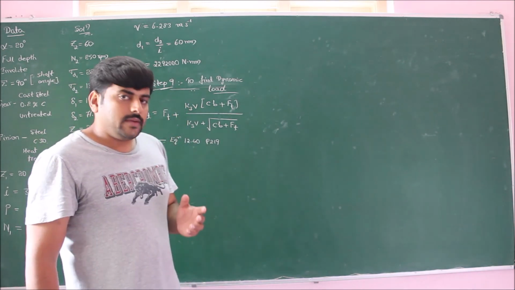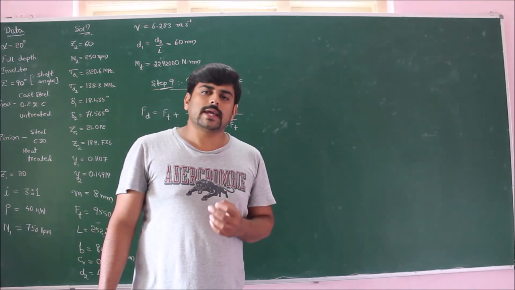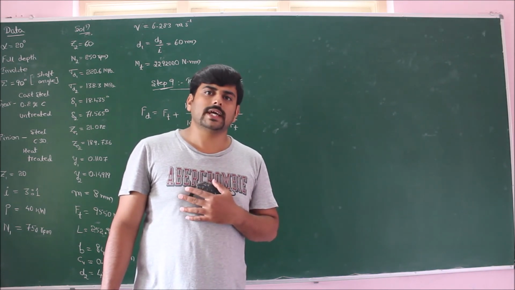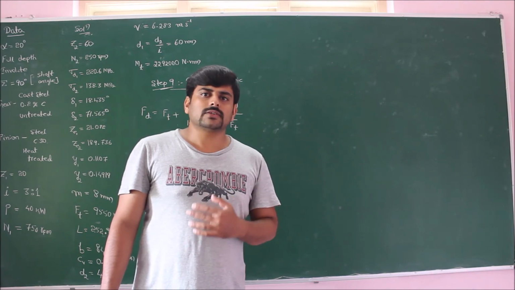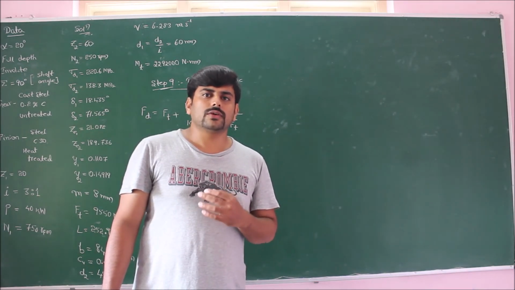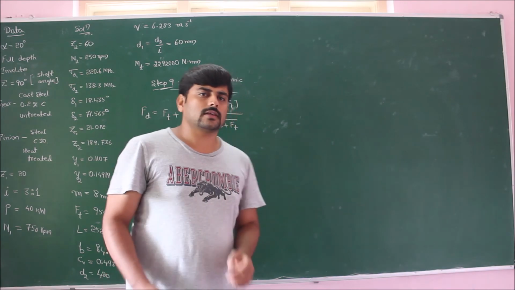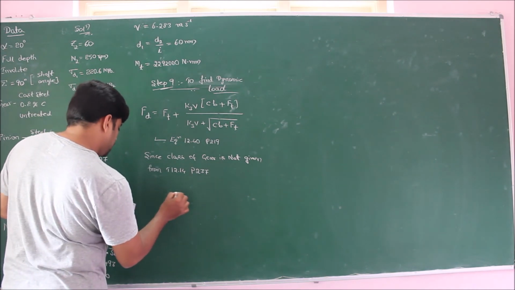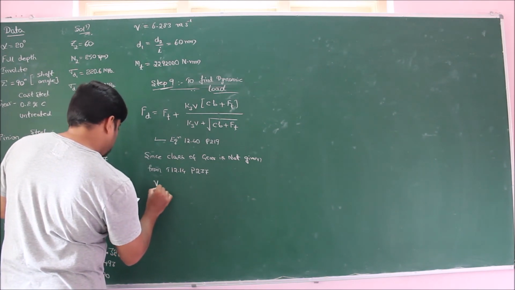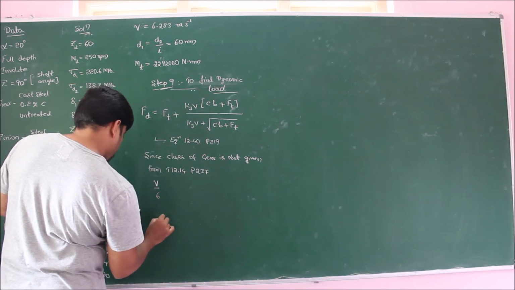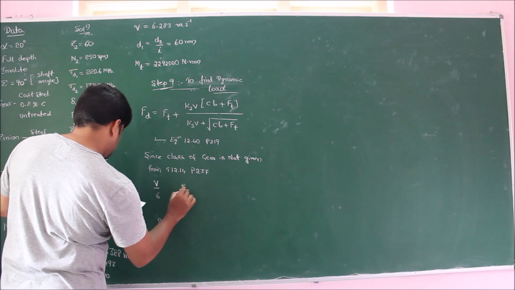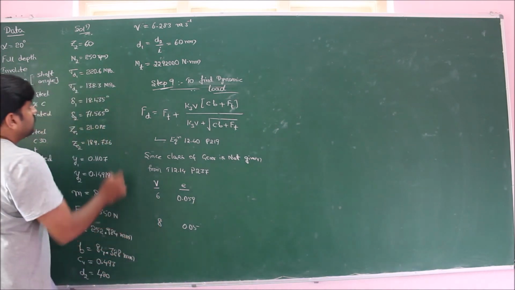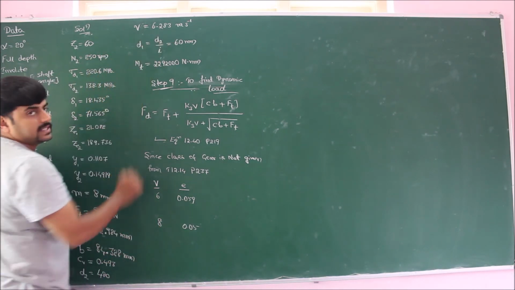Since the class of gear is not mentioned, we should use table 12.14. If the class of gear is mentioned, we should use table 12.12 to find the error. If you clearly observe the data, the class of gear is not given, so therefore we should use table 12.14 to find the error. We have the value of error tabulated against the peripheral velocity, that is, for velocity equal to 6 and velocity equal to 8, we have error as 0.059 and 0.05, but we want the error for a value of velocity 6.283.